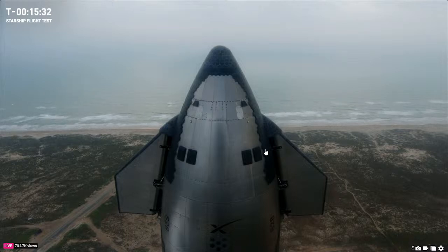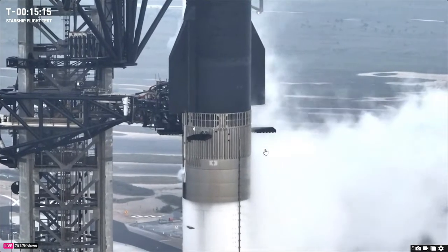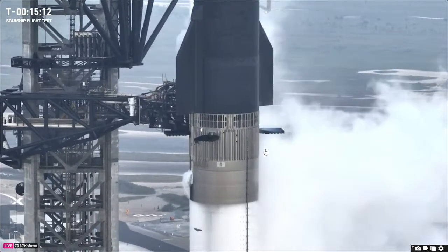The ship, which we're looking at now, features 6 Raptor engines. 3 of them are sea-level engines, 3 of them are vacuum engines. That means that those vacuum engines are optimized with a larger engine nozzle to operate in the vacuum of space and get us higher performance. The ship is also outfitted with 4 flaps to help aerodynamically control the vehicle's attitude during atmospheric flight and enable a